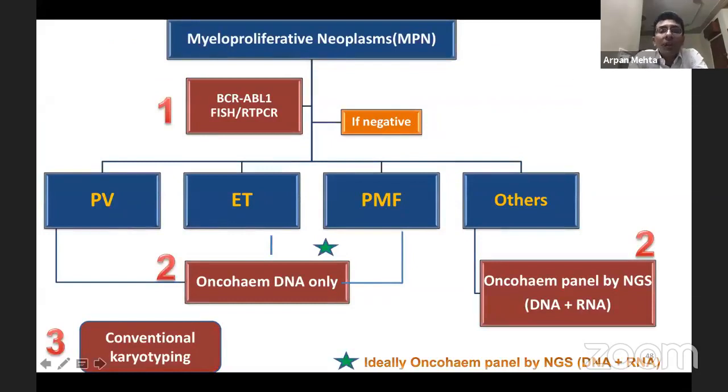So this is how we approach myeloproliferative neoplasms here. So we do a bone marrow examination and karyotyping analysis. Along with that, we do BCR-ABL1 FISH or RT-PCR for detection. If it is negative, then for Philadelphia negative myeloproliferative neoplasm as well as other rare MPNs, we do an OncoHeme panel. So ideally, we need to do the whole panel. If there is cost constraint in the patient, then we need to do only OncoHeme DNA, but then we might lose on rare transcripts which are detectable by RNA based analysis like ETV6-ABL1 fusions.